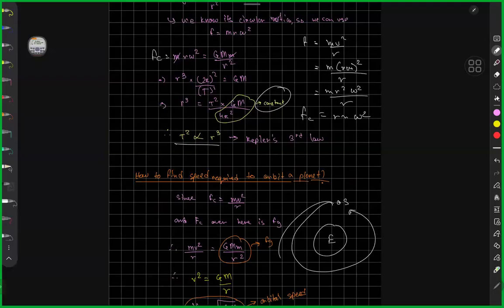It goes around the entire Earth and comes back to the same position. That is what's happening right now. Now, if I increase the time period,